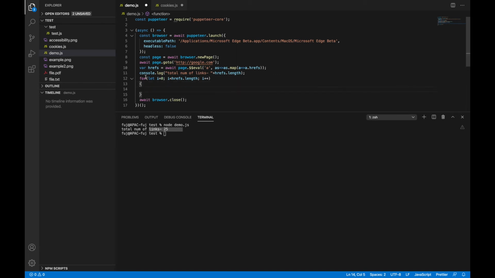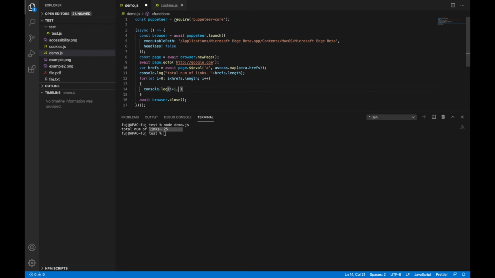So now console dot log, let's print a counter also, i plus 1, so it will print 1, right?